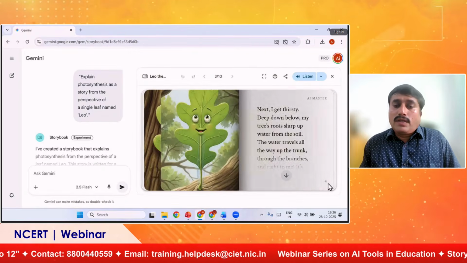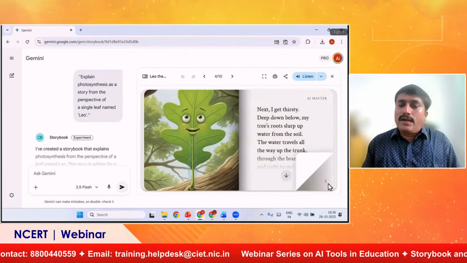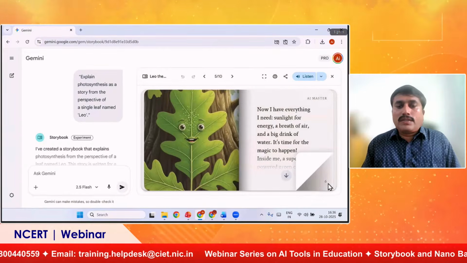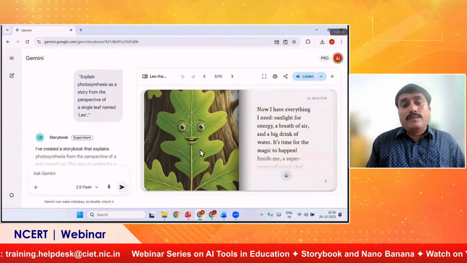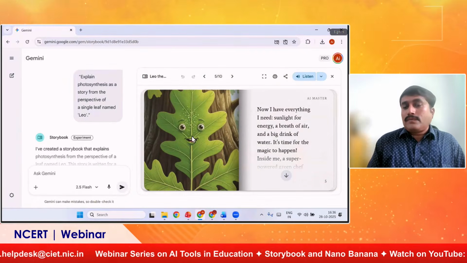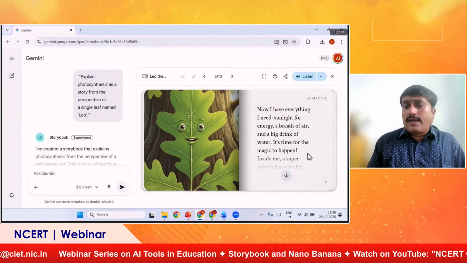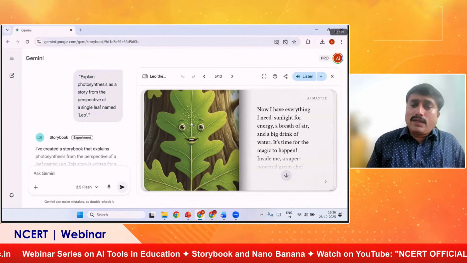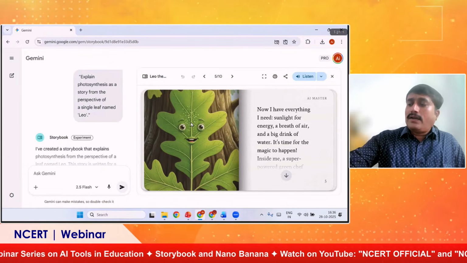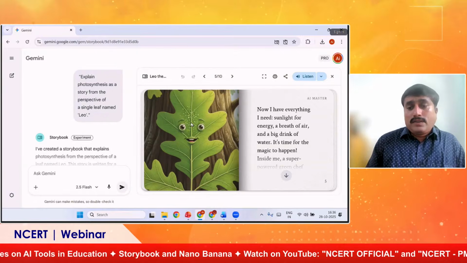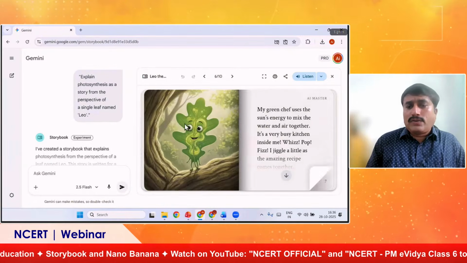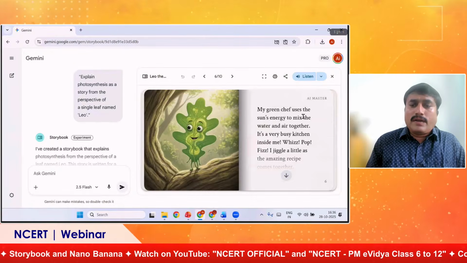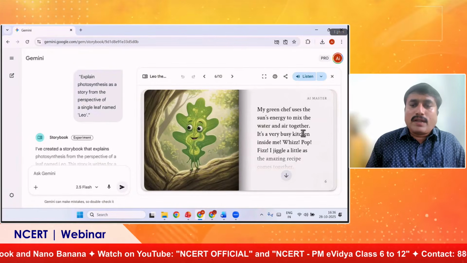So it can make a story at different levels. Then students will know how photosynthesis is going on, how sunlight is coming, and how all the fruits we get are formed. All those things we learn from this story. The green shape uses the sun energy to mix the water and air together.